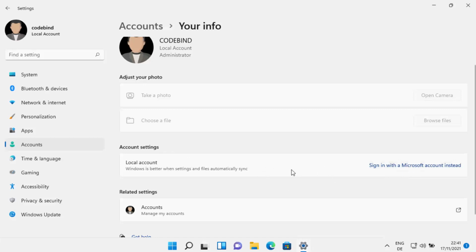So because I'm logged in with my local account, I can once again add a Microsoft account and sign in with my